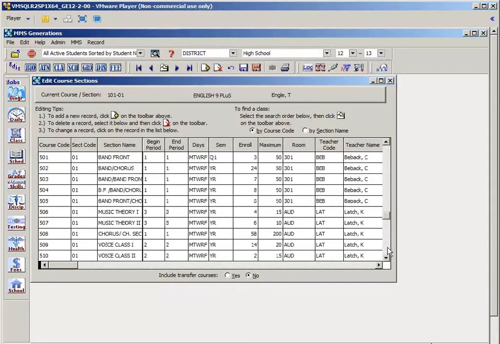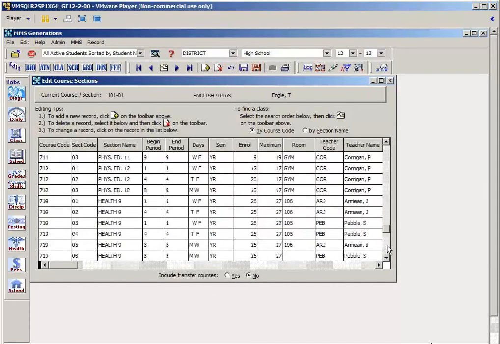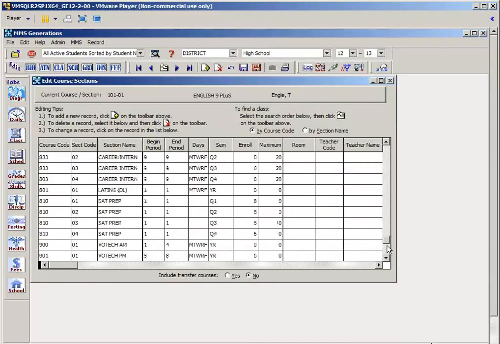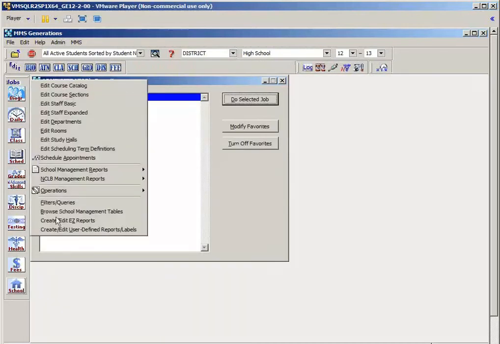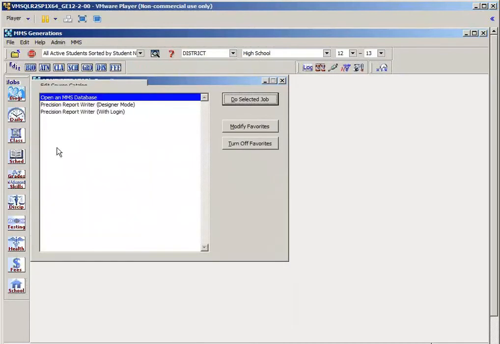So we do have some band that is single quarter. So therefore I do need to pay attention to the quarters as to what the student needs for study halls. Career interns and some of the other things are quarter classes, so I do need to pay attention to that. So I'm going to close out of the section editor, and we're going to go under School, Edit Scheduling Term